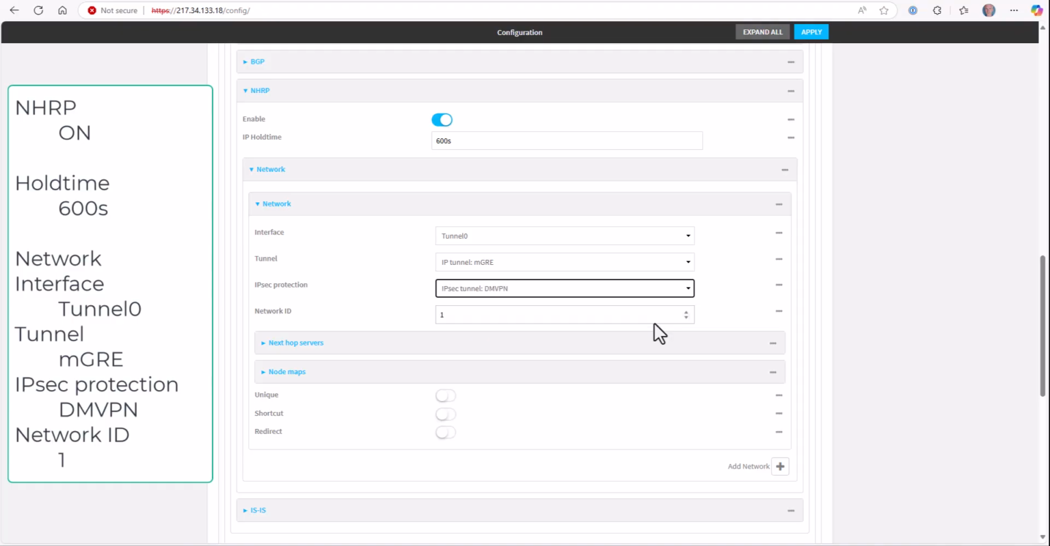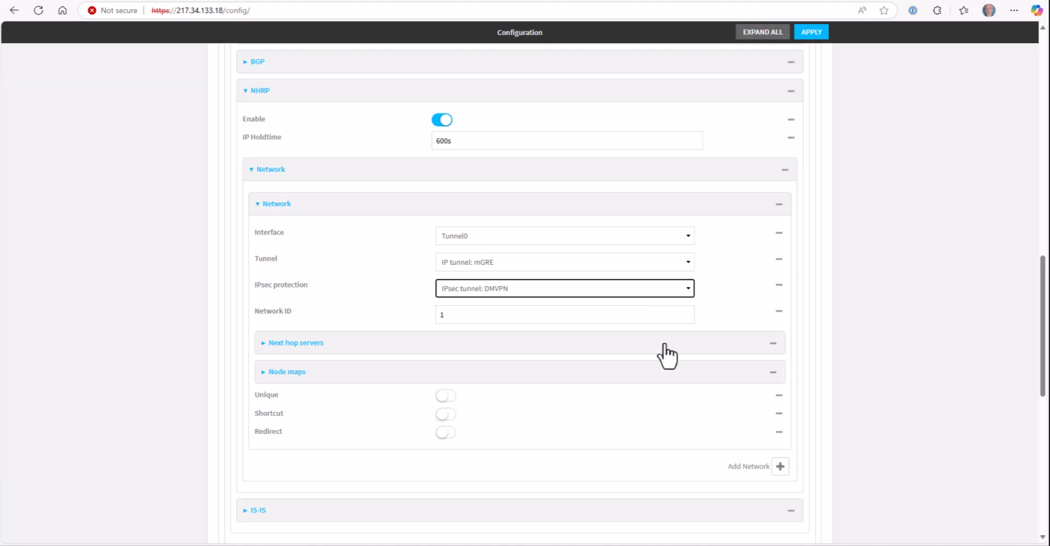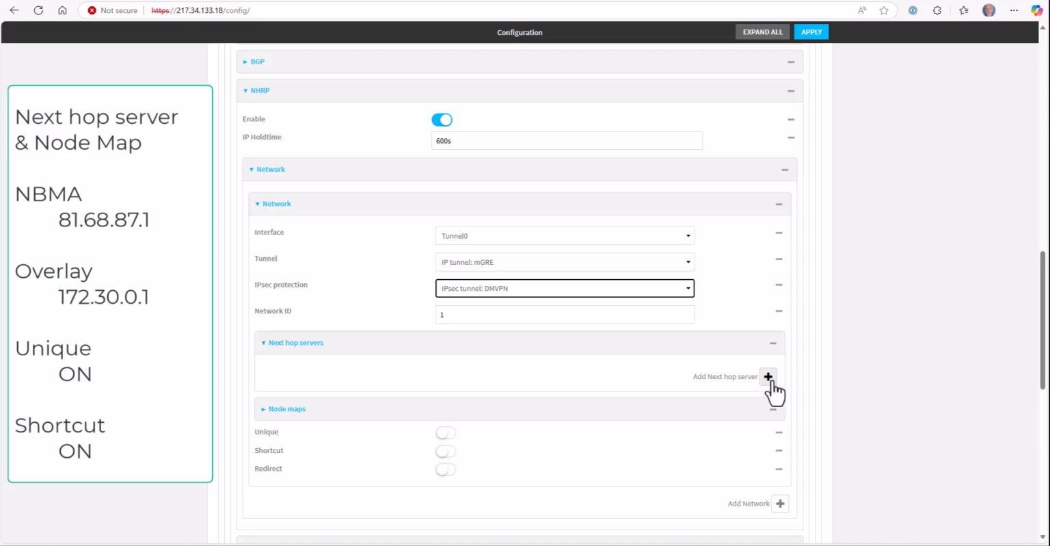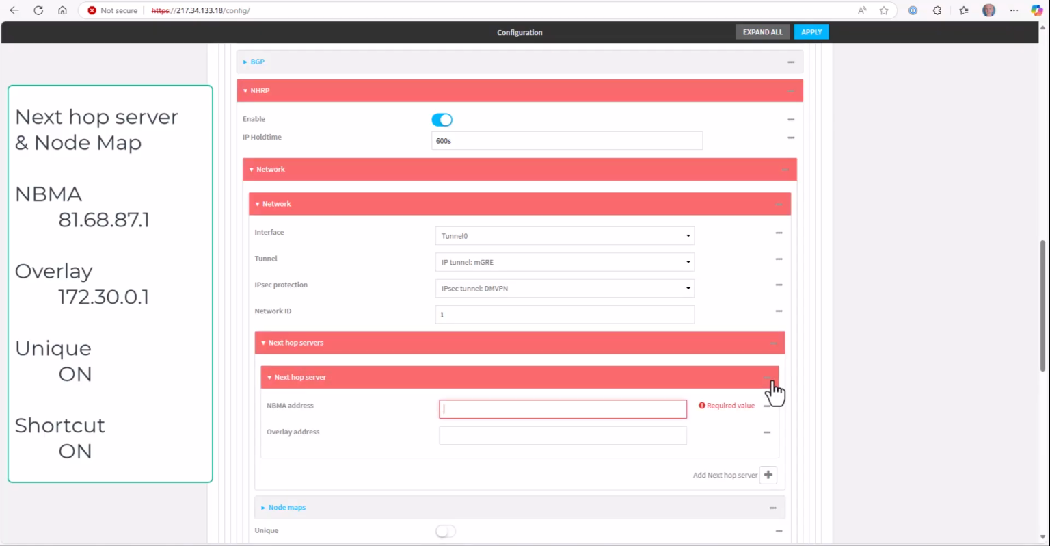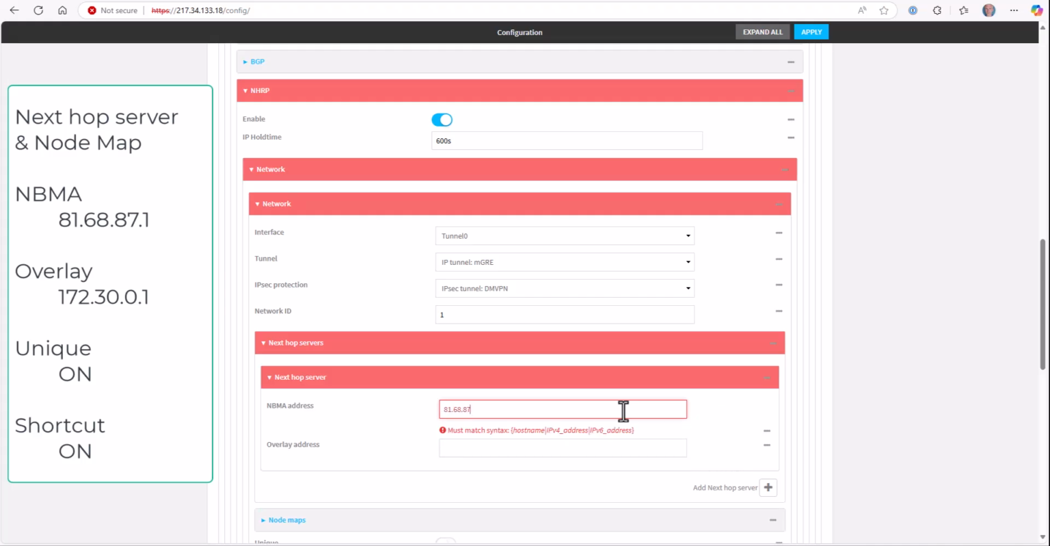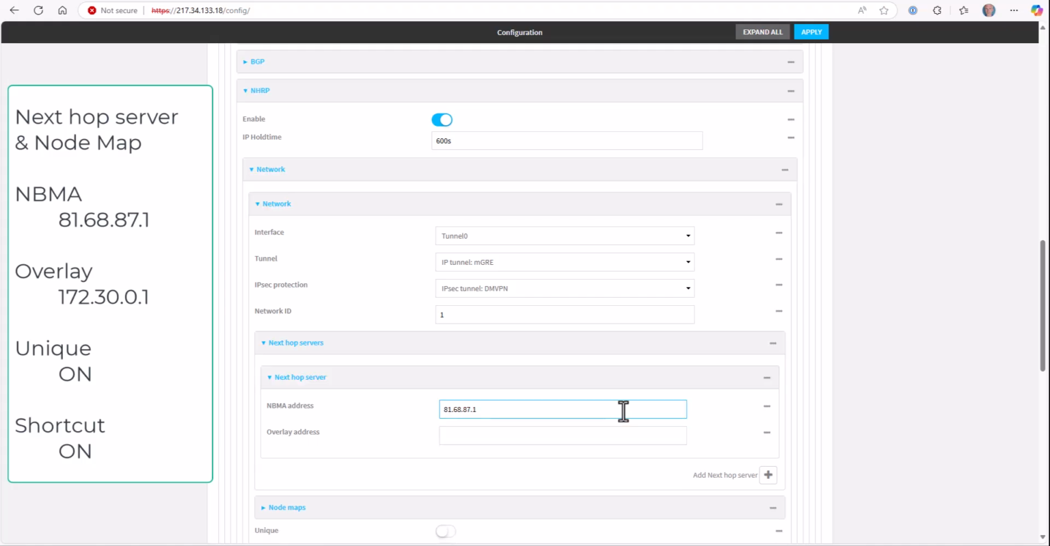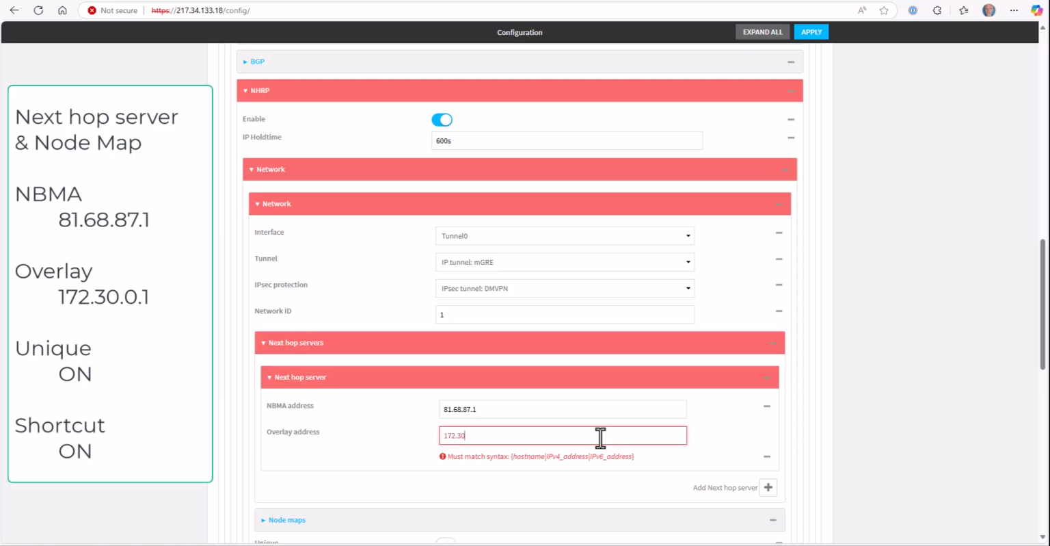The network ID is 1. This just needs to match across all devices. This was already set as 1 on the Cisco side. Then into next hop servers and add a next hop server. The NBMA address is the public IP address of the Cisco hub, 81.68.87.1. The overlay address is the Cisco hub GRE IP address,